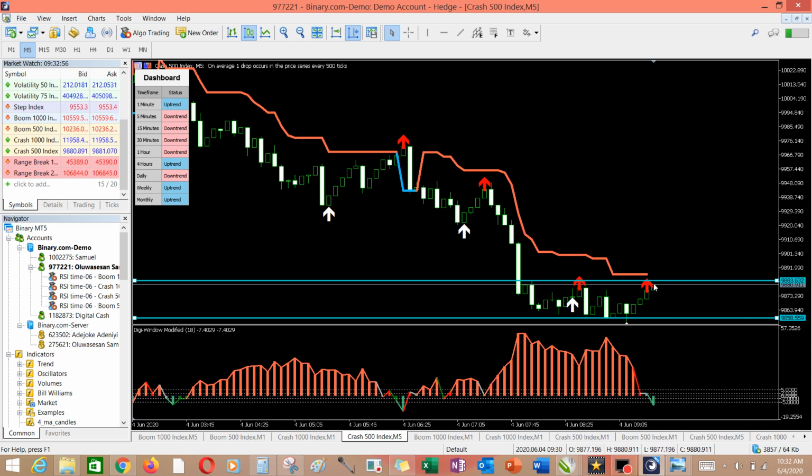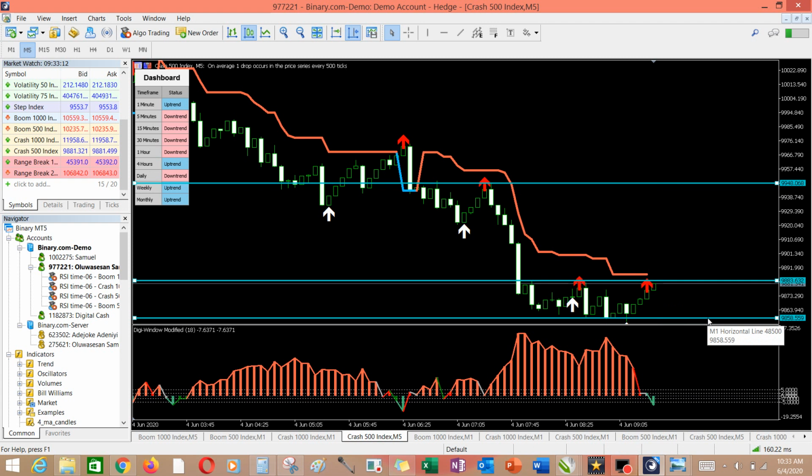So we're looking at the possibility of it breaking out from the resistance level. If it breaks out from the resistance level, then it should be getting to nothing less than this level before it goes back down. But if it breaks out below the support level, that means there is still enough crash that will happen in the day, which means the market will continue to go on a downtrend for some time.